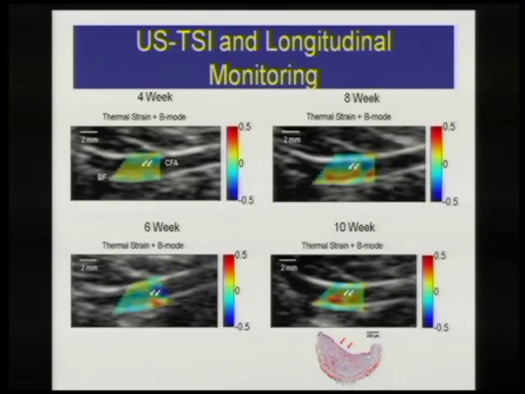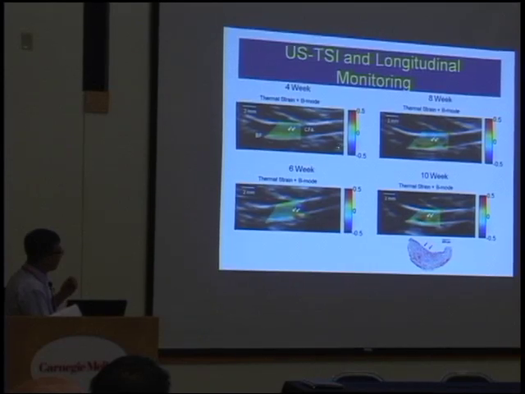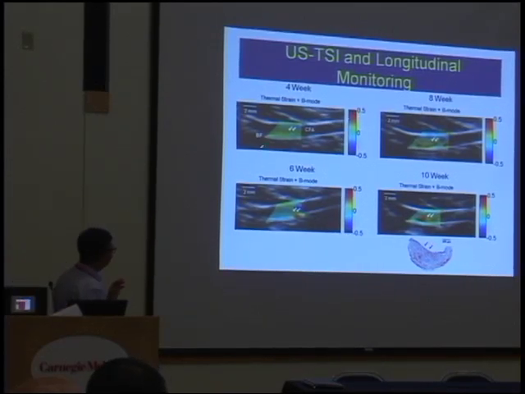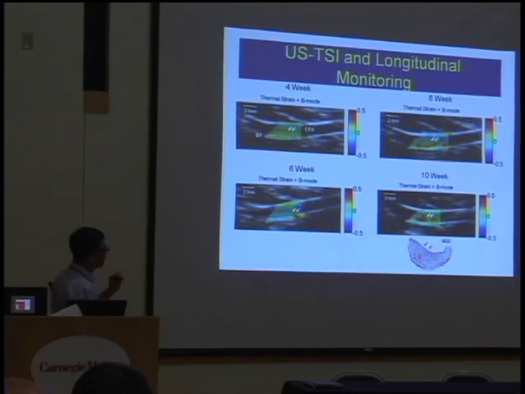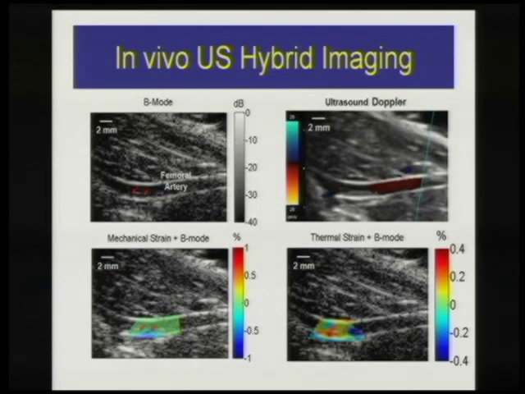But we also monitored one animal at 4 weeks, 6 weeks, 8 weeks, and 10 weeks, and resected it, and it shows that there is a lot of fat. As you can notice by color, blue is water-bearing and red is lipid. As time goes by, you can see in this region that the red developed a fatty deposit, spreading out more, with a higher fatty concentration toward the end.